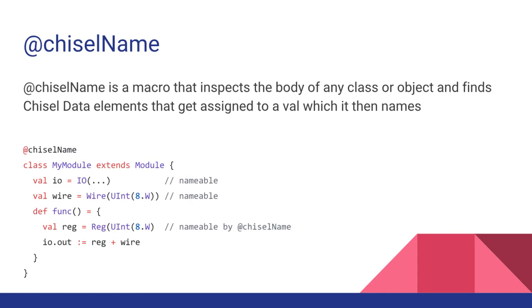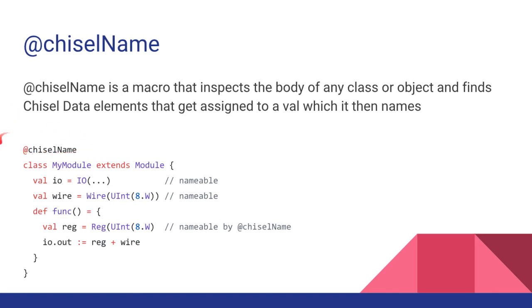So this is where we have this macro called chiselName. I talked about macros. Macros are things that rewrite your code. Those macros I showed before, like the source info transform and source info, those are called def macros, which can rewrite a function and they don't require any changes to your source code. That's what's really neat about them.